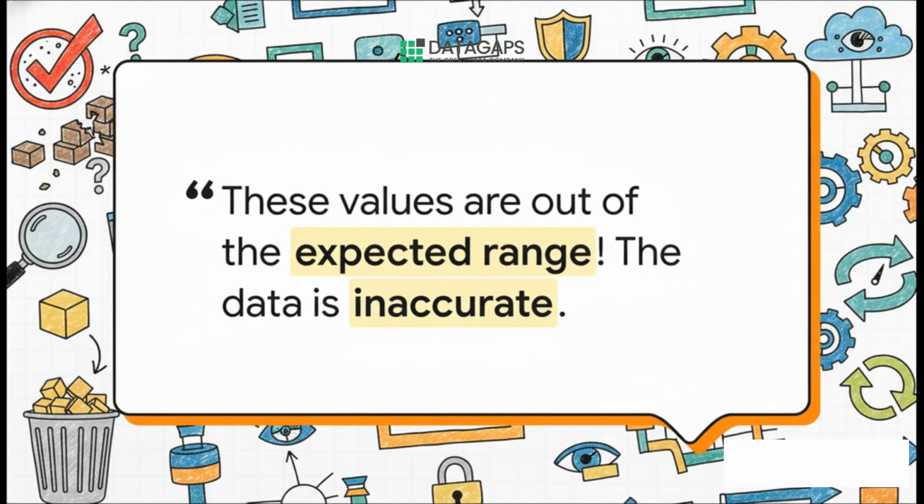Bam! Your data quality system immediately throws up a red flag. It's got a rule that says temperature has to be within a certain Celsius range. These new Fahrenheit numbers are way off, so the data fails the check. It gets flagged as inaccurate. The problem is found, sure, but that bad data has already been created.